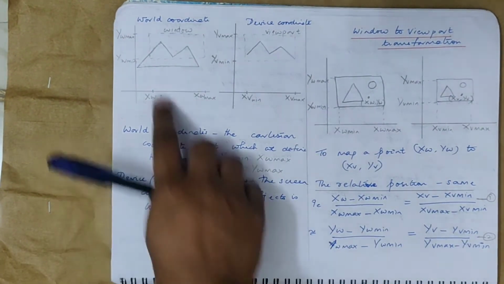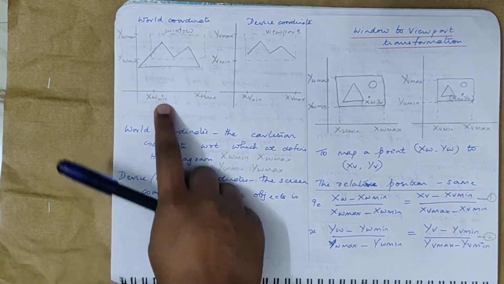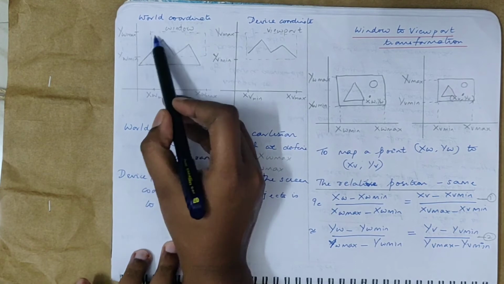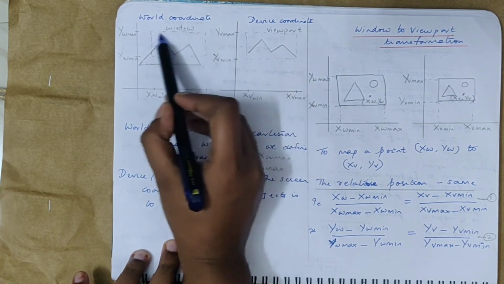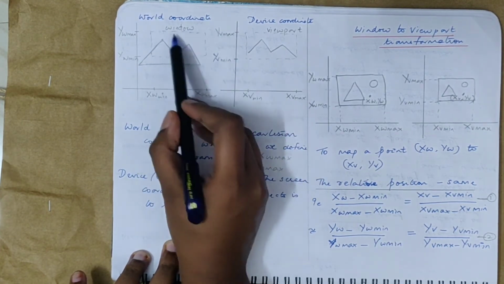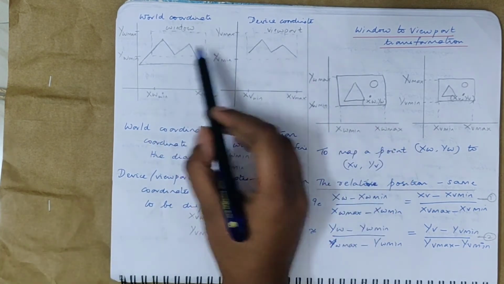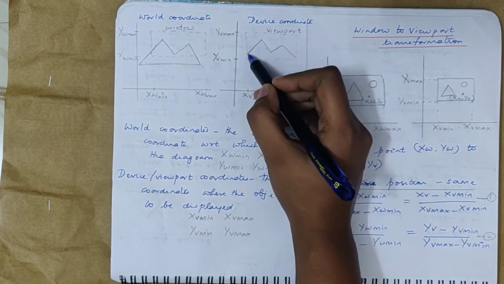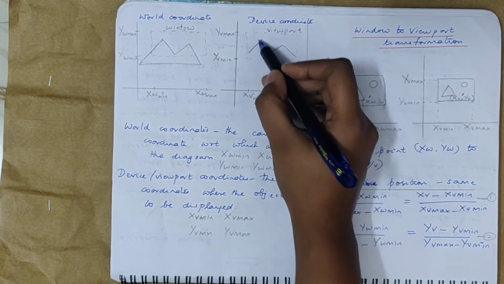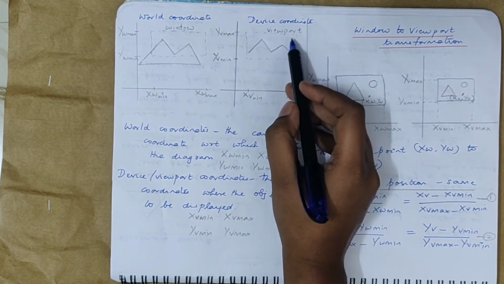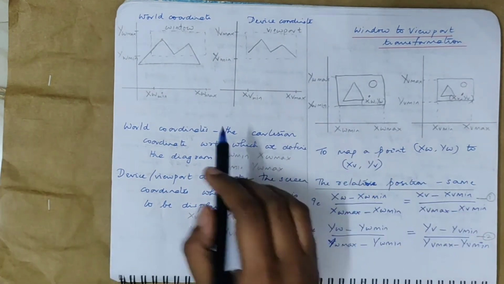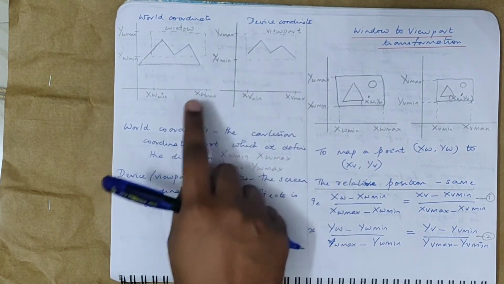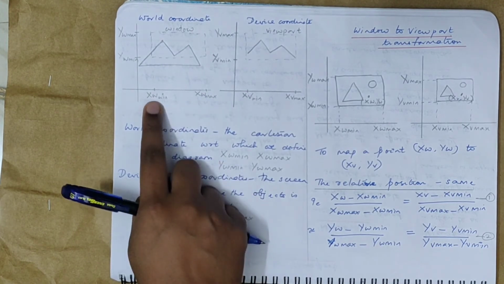So in the world coordinate system, suppose this is the image. I am interested in this part, the part which is shown here. I am only interested in this part. So that is defined using the window. That is mapped to your device coordinates. This part which I have drawn here is what is being viewed in the viewport. Now in order to define this mapping, you need the coordinate systems. So for that we have these coordinate systems.